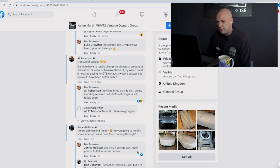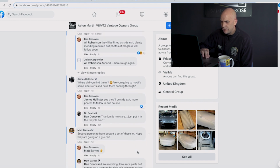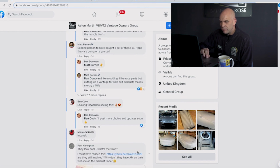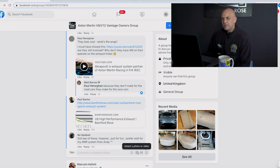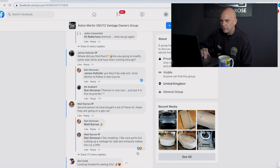There's absolutely no feedback on there about why you are doing this, because actually you're going to wipe a load of low speed torque off. You're going to gain some power in a region that you won't be able to realize because you're not going to up your engine rev limit to that amount. Heat management isn't discussed, sound quality isn't discussed because it isn't going to match the GTE car. So it just really questions why you would go to so much bother to fit something that isn't going to